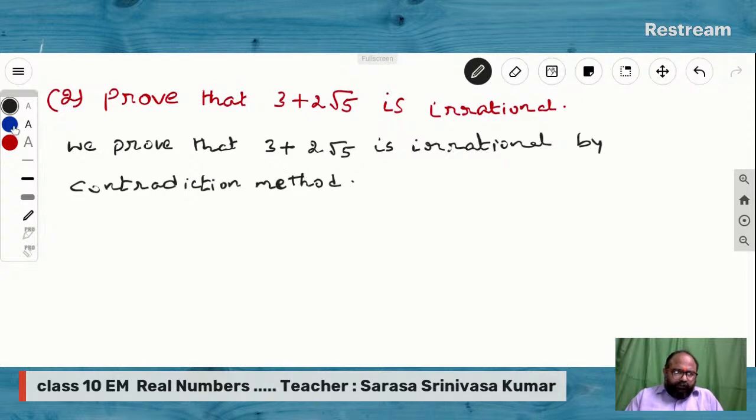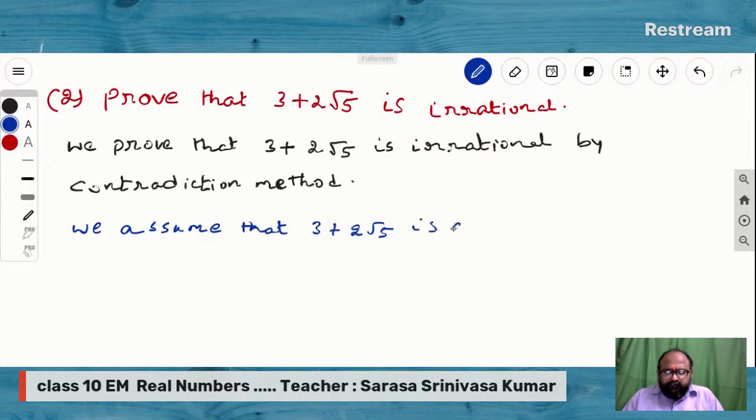So we assume that 3 plus 2 square root of 5 is a rational number